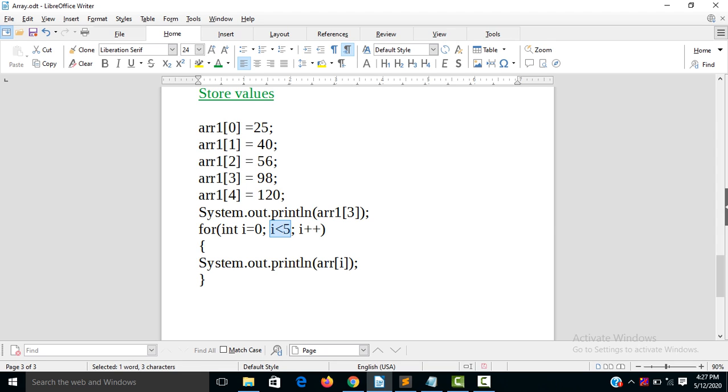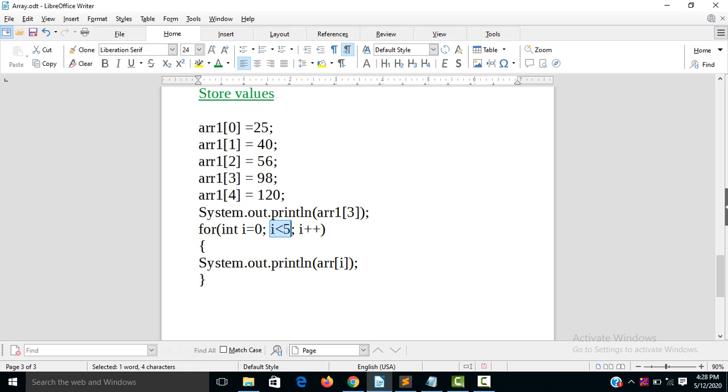it will check the condition. So i will become 1, 1 less than 5, yes, it's true, so it will again print index 1, which is 40. And here 1 plus plus is 2, so i will become 2.